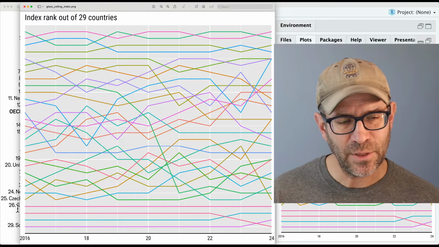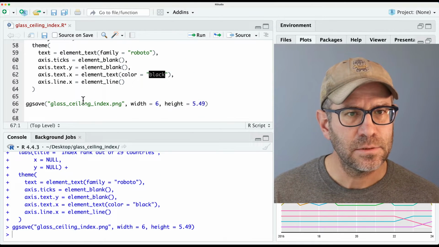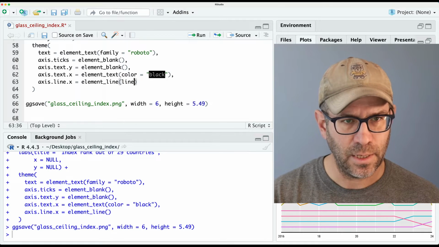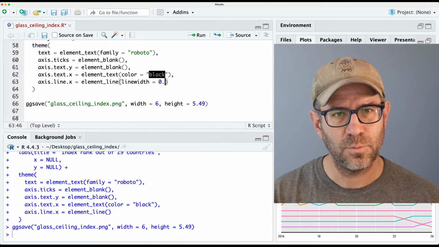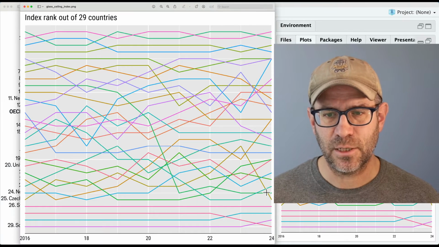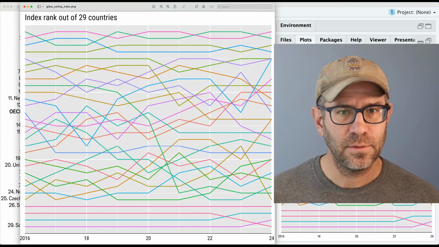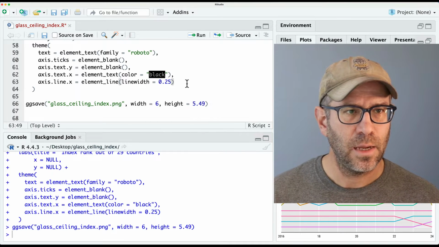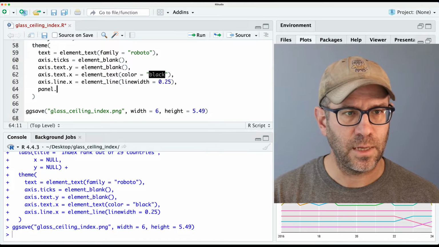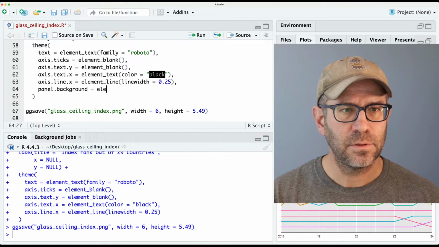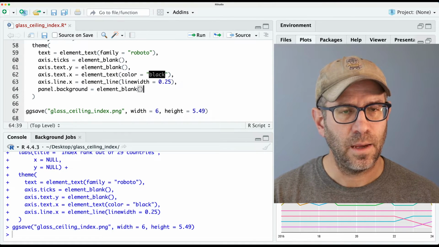So that might be a little bit thicker than theirs, I think. So again, in here, we could do linewidth equals 0.25. Appears to match theirs pretty well. Happy with that. Now let's go ahead and clear out the background. And so in here, we'll then do panel.background equals element_blank. And we'll also do